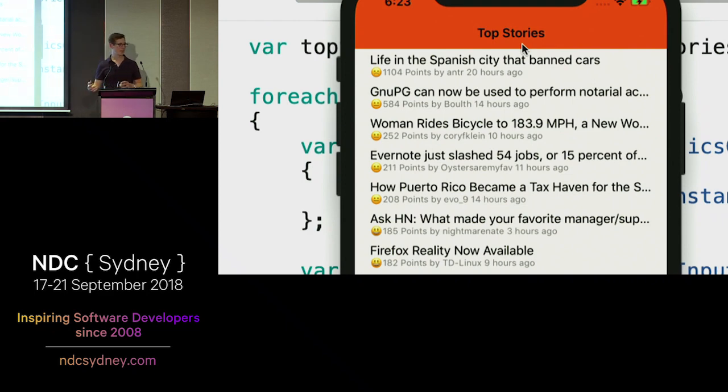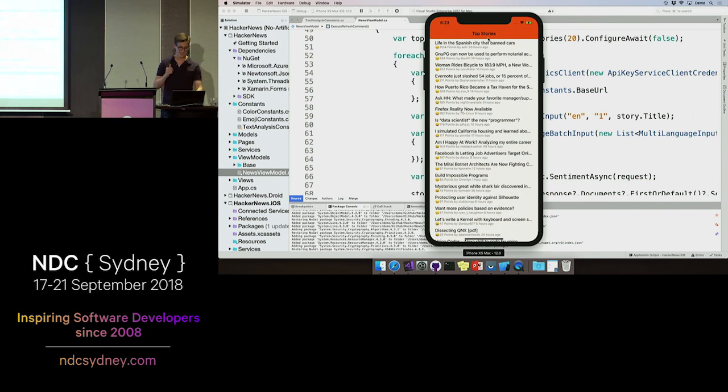So with just a couple clicks on the Azure portal, just a couple lines of code, we literally added machine learning to our app. Didn't have to create a model, didn't have to train anything, didn't have to hire a team of experts and pay them millions of dollars. It's literally that easy to do with machine learning as a service.